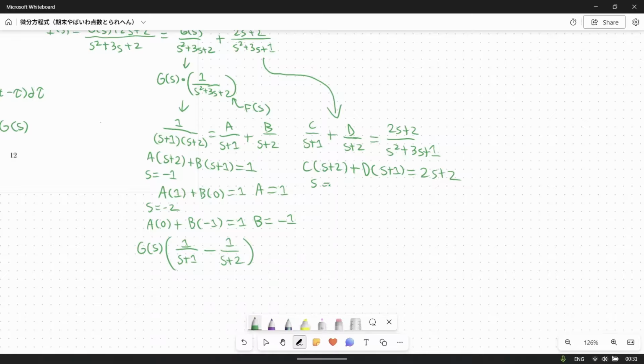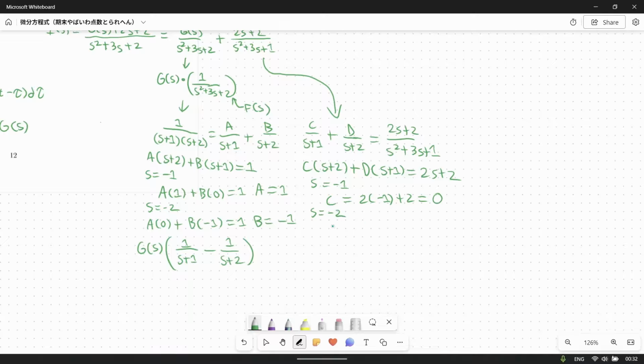Using our first test value of s equal to -1, you end up with c equal to 2 times -1 plus 2, which is just equal to 0. Oh, and then I realized, no, it's positive c, not negative c. And then for the next term, using the same test variable as last time, if s is equal to -2, then you'll end up with